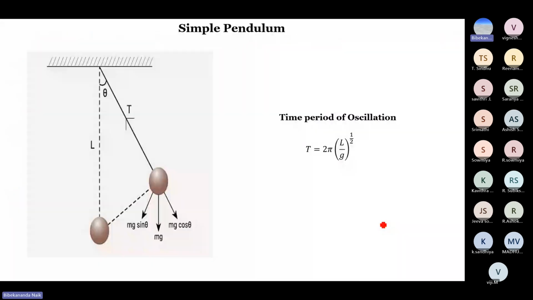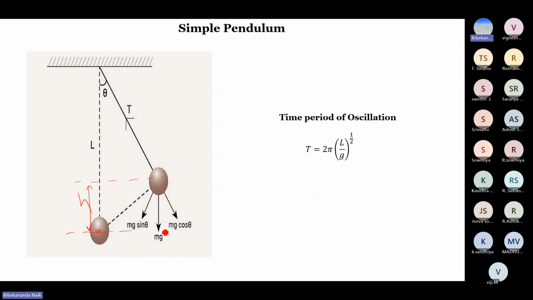Now talking about different systems that are used to demonstrate oscillation. Everyone must be knowing about the simple pendulum. Basically, a simple pendulum is a mass, this is the mass m, suspended by means of a string. Suppose the length of the string is L. So it is at its equilibrium position. If you take it to a height h, then at this point there will be